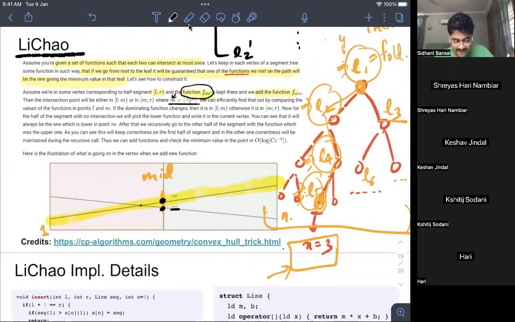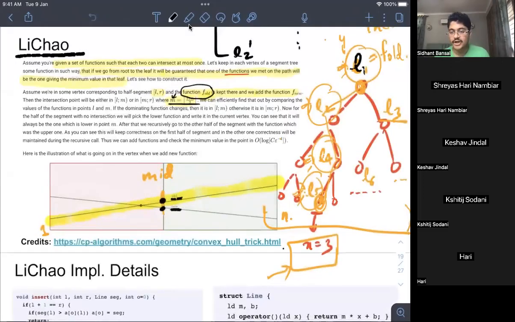Intuitively, it's the same. So in this case, the constraint that they're trying to maintain is that your function f old is kept there, and M is mid. I don't think they've mentioned it anywhere explicitly, but I can say this for sure: the line that remains on that node has to be the one that wins on the midpoint. Wins meaning in this case it's a max hull, so it has to be the higher one at that midpoint. So if your old is this and your new is this, since the new is losing at the midpoint, you'll be like, I won't replace my f old with the f new at this node,